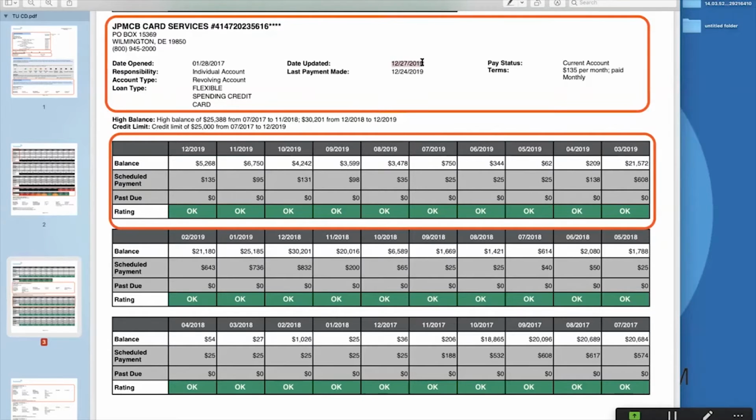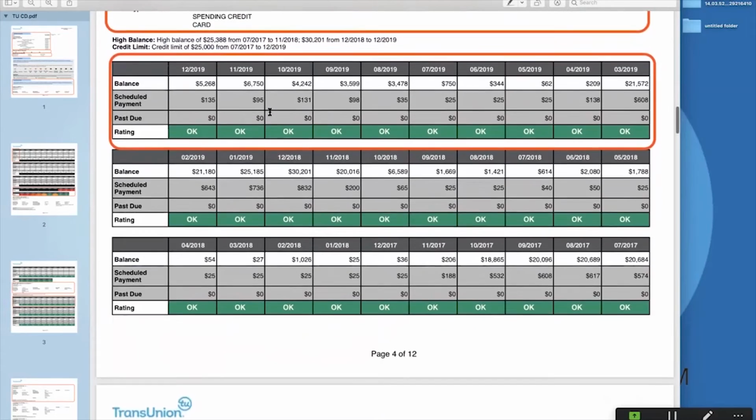Do not take this as the number until you've vetted it or gotten at least 2 more answers that say that the reporting date or the date it's updated, same thing, is 12/27. It's a current account.